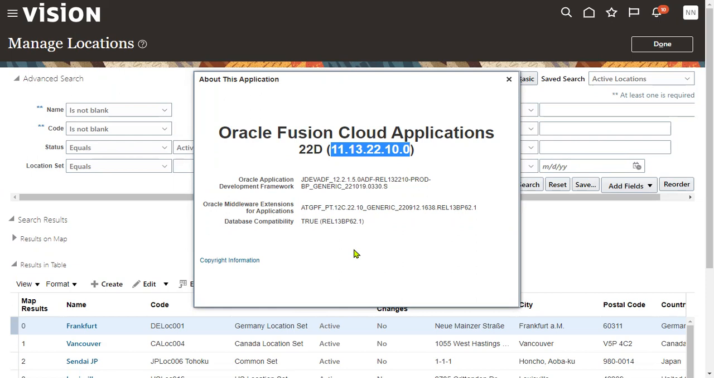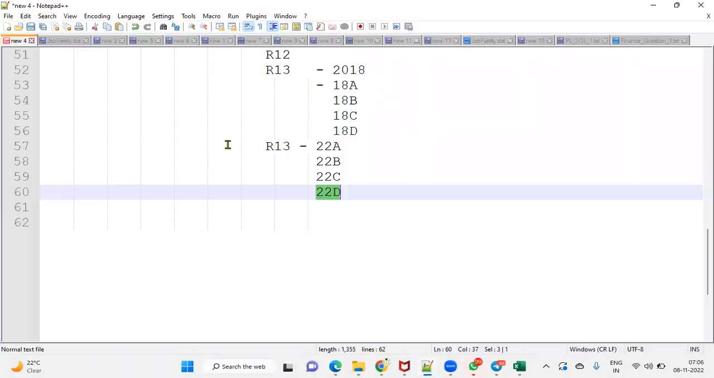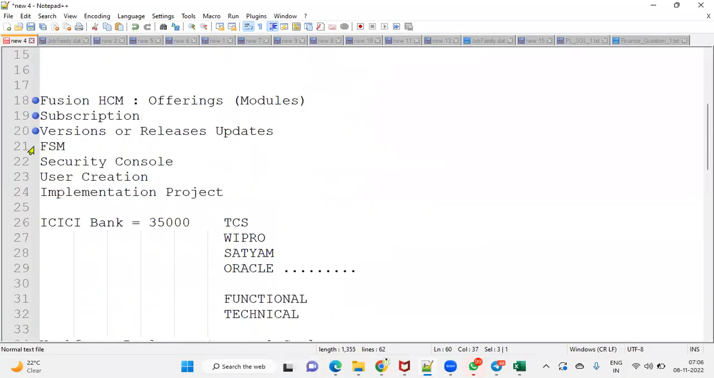So we talked about the versions and releases and updates. We discussed that every quarter it's going to be. Next, we are going to talk about FSM. What is FSM and security console? These two we also call the admin part. FSM, Functional Setup Manager, and security console. These two things we call